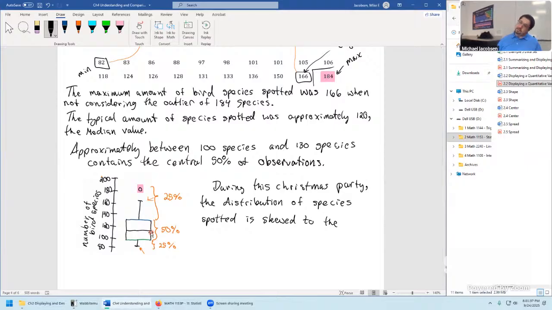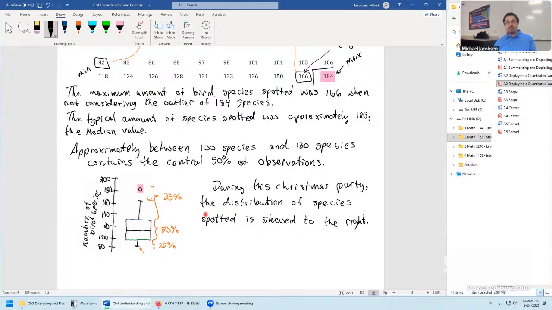Feels unnatural unless you kind of turn your head. That can kind of help a little bit because everything has been rotated to vertical now. I agree. The numbers are going higher when it's starting to trail off. So that's right skew or positive skew, exactly. So if you decide to mention skew, we'd say that the distribution of number of species is skewed to the right.